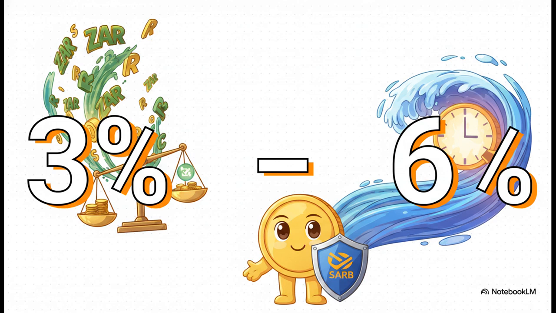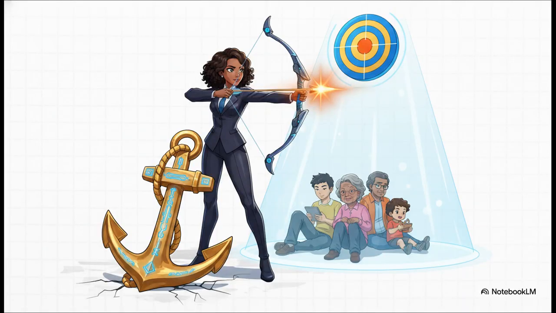0% often flirts with deflation, which, as we know, can freeze economic growth entirely. Instead, they aim for managed, predictable stability, keeping inflation strictly confined within this 3 to 6% sweet spot. The SARB formally adopted this inflation targeting approach back in February 2000. It relies on a few key pillars: public announcement of quantitative targets, making price stability the ultimate objective of monetary policy, and using instruments like the repo rate to adjust the flow of money.